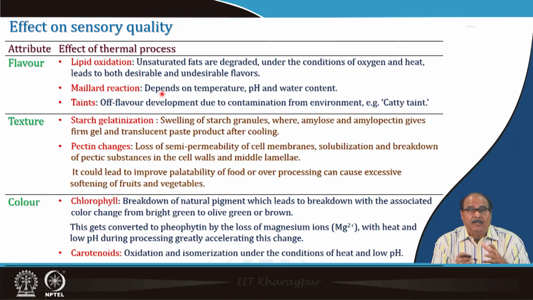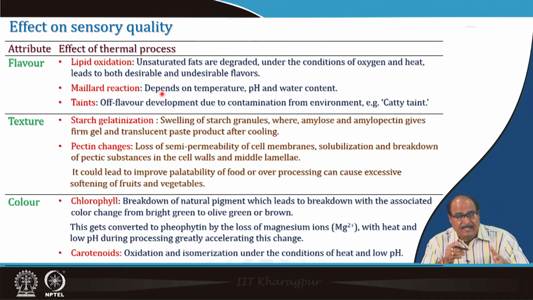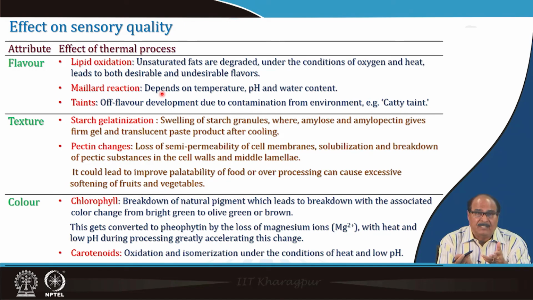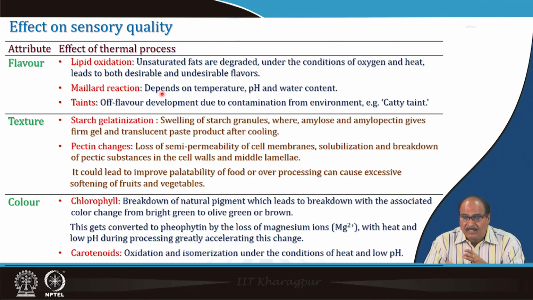Texture of the material may be influenced, such as starch gelatinization, swelling of the starch granules, when amylose and amylopectin give a firm gel and translucent paste products after cooling, which may be in peas, beans, starch or even potato. You see how the texture changes when you boil a potato. Similarly, pectin changes, loss of semi-permeability of the cell membrane, solubilization and breakdown of pectic substances in the cell wall and middle lamellae. It could lead to improved palatability of the food, or over processing can cause excessive softening of